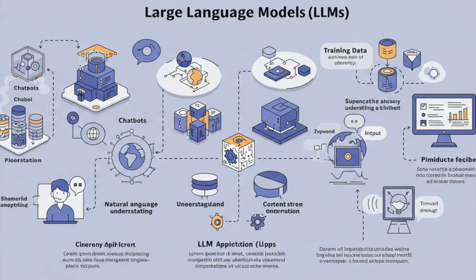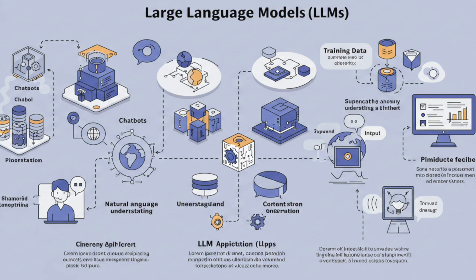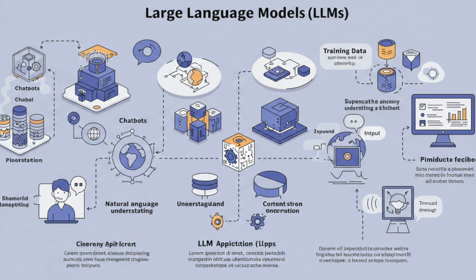It pulls in information from the others. Like the bank example the source used. Exactly like that. The initial vector for the word bank might be kind of general, but through the attention mechanism, if the word river is nearby in the sentence, the bank vector will interact strongly with the river vector. And update itself to represent riverbank? Precisely. Or if the word money is nearby, it interacts with that one and updates itself to represent financial institution